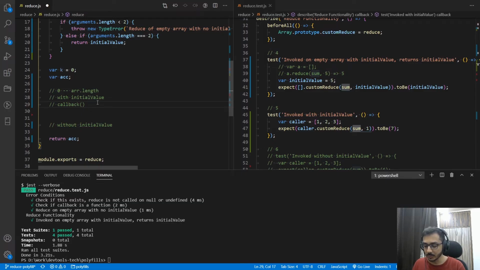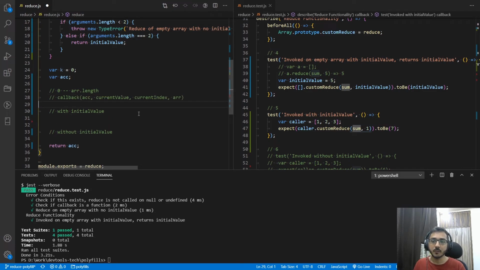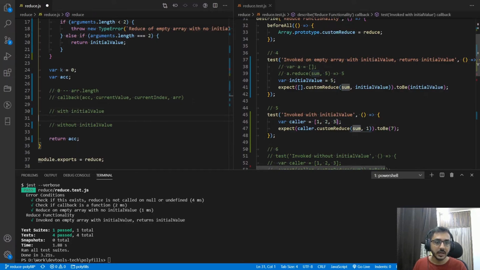The first one would be the accumulator, sorry. The second one would be the current value, which is the current value of the array. The next one would be the current index, and the last one would be the array itself, which would be arr in this case. This is true irrespective of both cases. Whenever reduce is invoked on every element, the callback gets these 4 values.